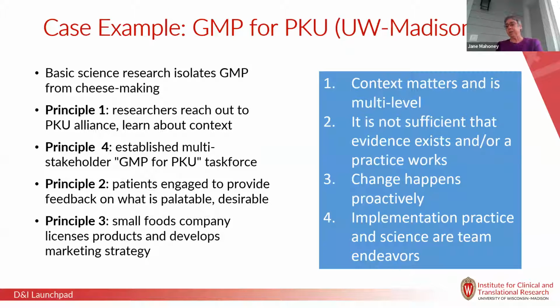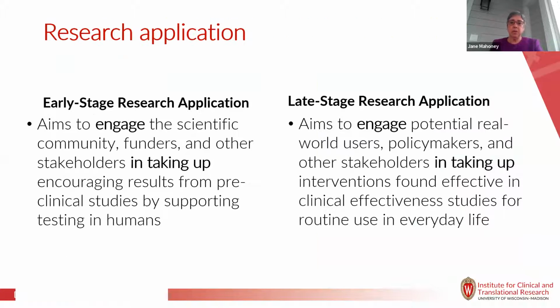So I'm going to give you a case example from UW, from here, which we should be proud of because it has to do with cheese. And this is related to looking at GMP for phenylketonuria. So phenylketonuria is an inborn error of metabolism where,